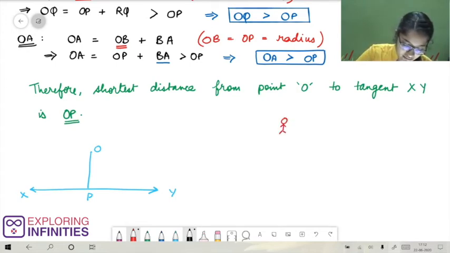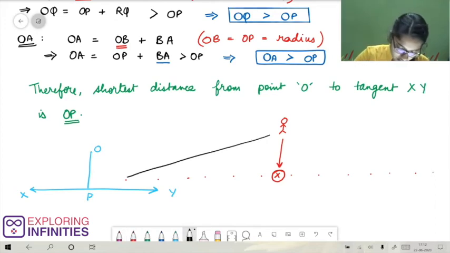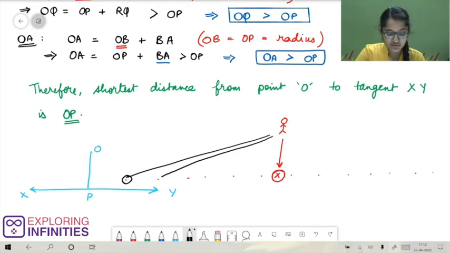I am standing here. In front of me, there are many shops. Infinitely many shops. All these shops lie on the same straight line. Now, there is one shop which is exactly in front of me. That means it is exactly opposite to me. If I am walking at a constant speed, which shop can I reach in the smallest amount of time? Reaching this shop will take a lot of time. Reaching the shop next to it will take less time compared to the first shop, but this will also take a lot of time.